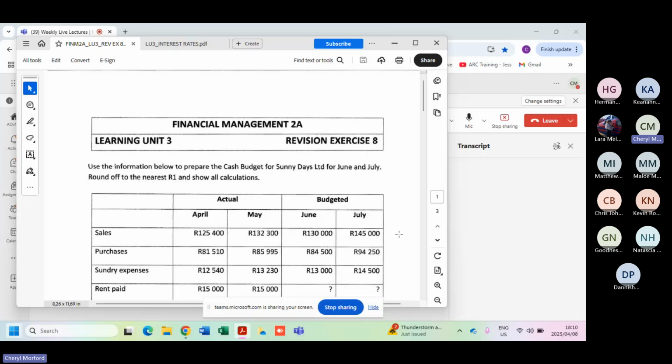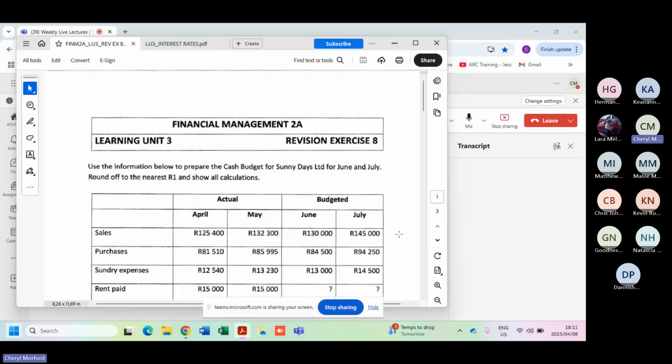Right, so where are we? We're still in Learning Unit 3. We've done a very important section on the receipts from sales, both from credit sales to debtors as well as cash. I've also given you a similar exercise, but on purchases, cash purchases and credit purchases. Then we can use that as a starting point and something to add into the preparation of a cash budget. So that is what I want to do this evening.